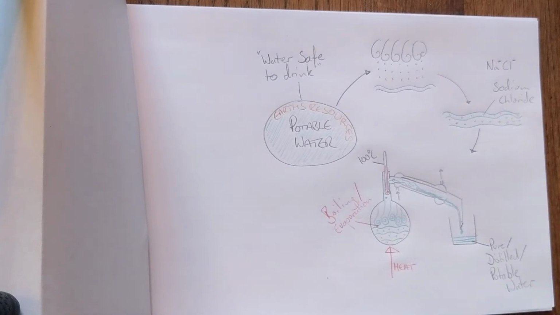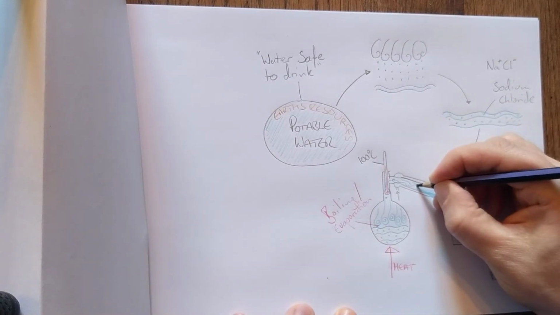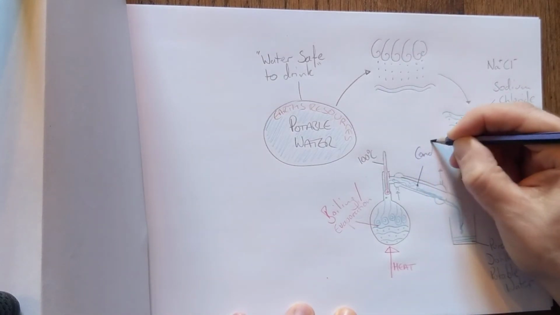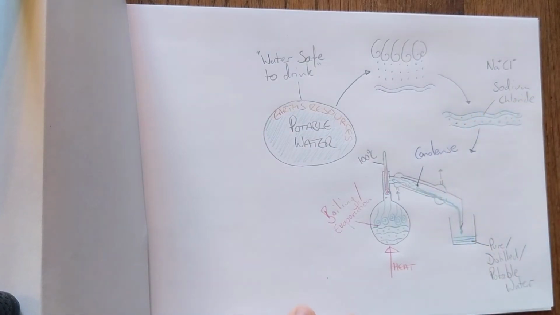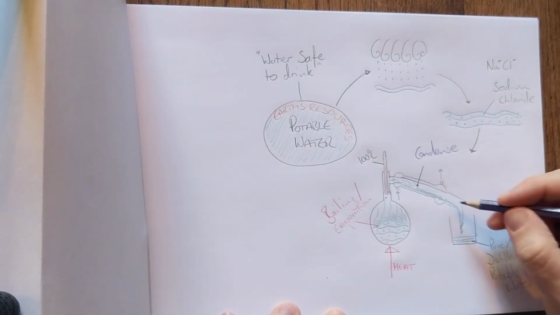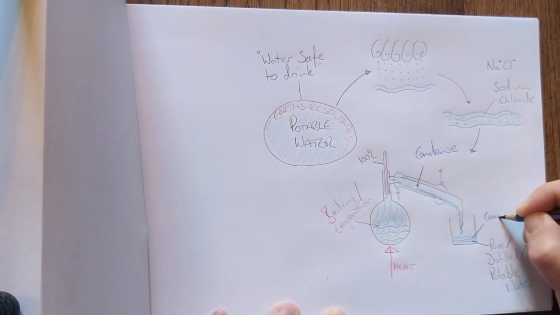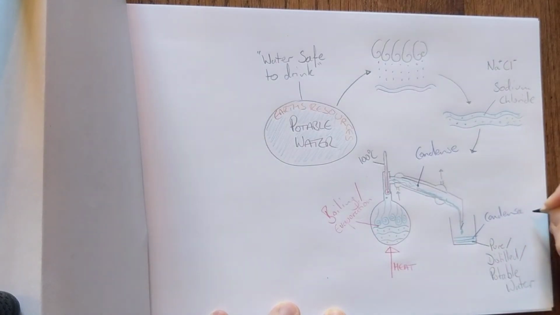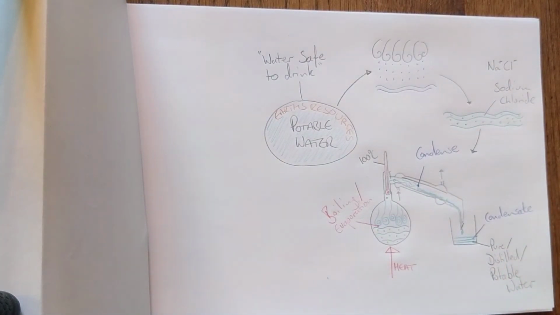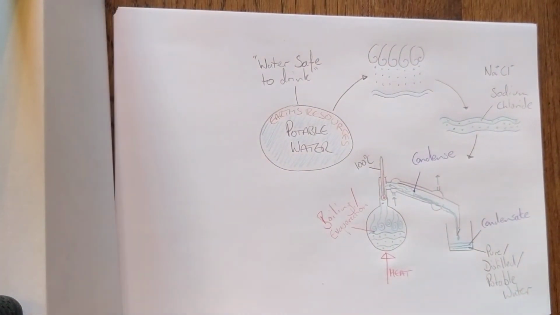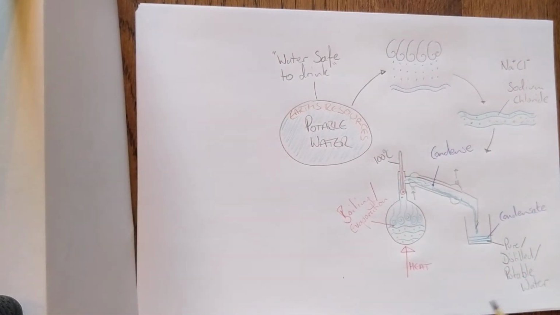Okay, the other part I need to label is around about here, where the water will condense. We can also call the water that's falling down here condensate, and that just means a liquid that has been condensed. We don't really need to worry about that in terms of your vocabulary for GCSE. It's just sometimes it might pop up in the exam, so it's best that you've heard it before. So that is our first